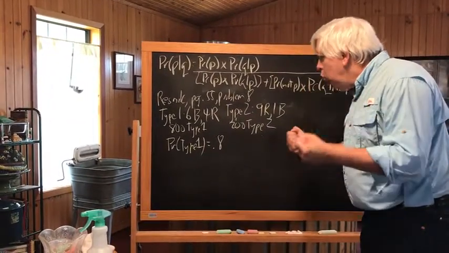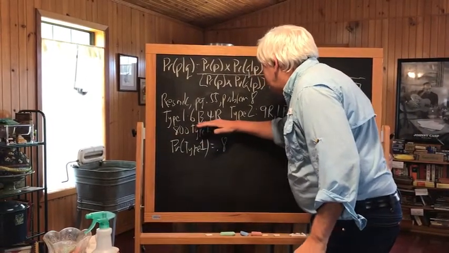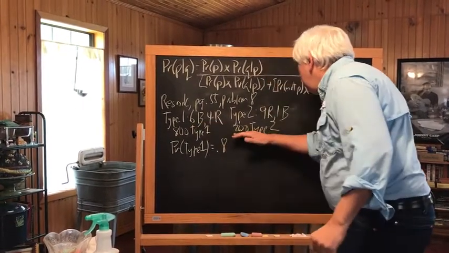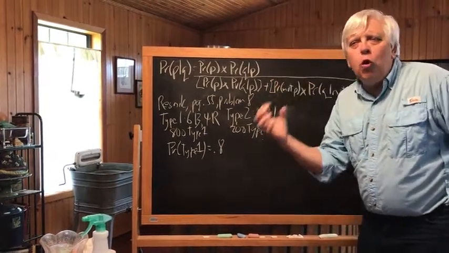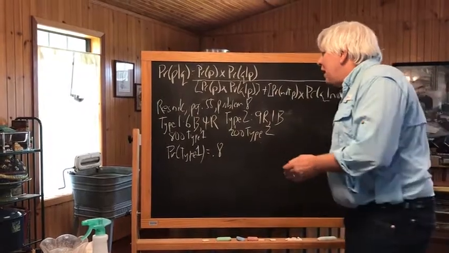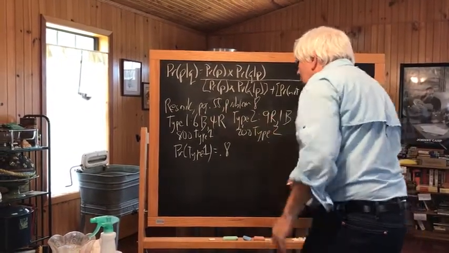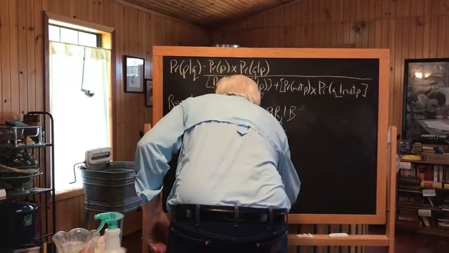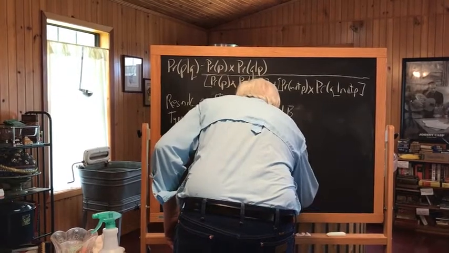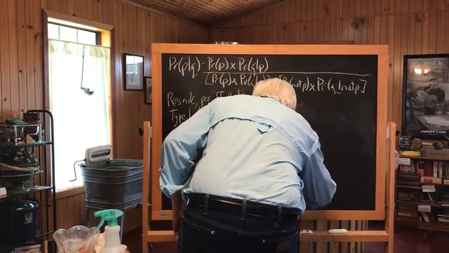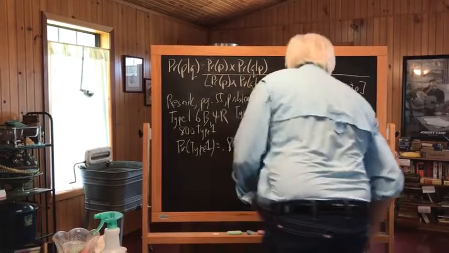How many balls total are there in the room? Well, there are 800 type 1 urns, each contains 10 balls, and 200 type 2 urns, each contains 10 balls. So there are 10,000 total balls in the room. And as we can see, 5,000 of those are red. So the prior probability that you drew a red ball on a single draw is 5,000 over 10,000, which equals 0.5. Now,